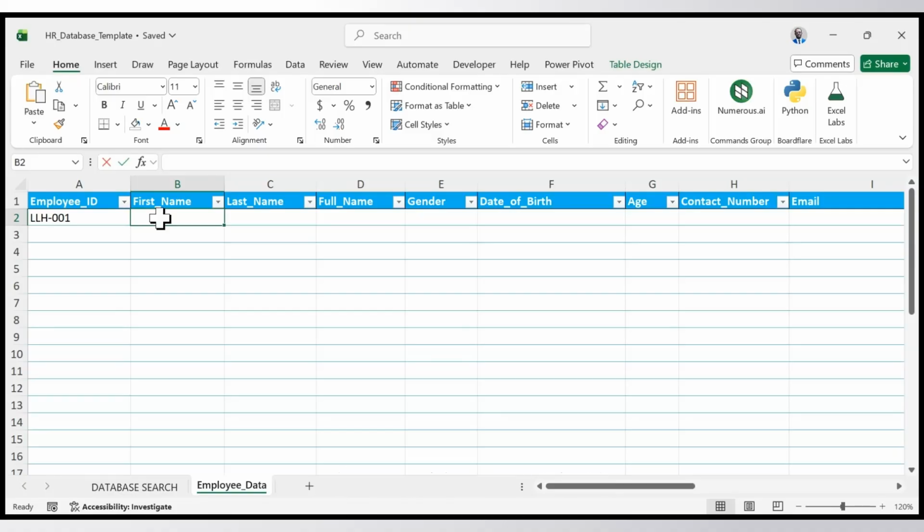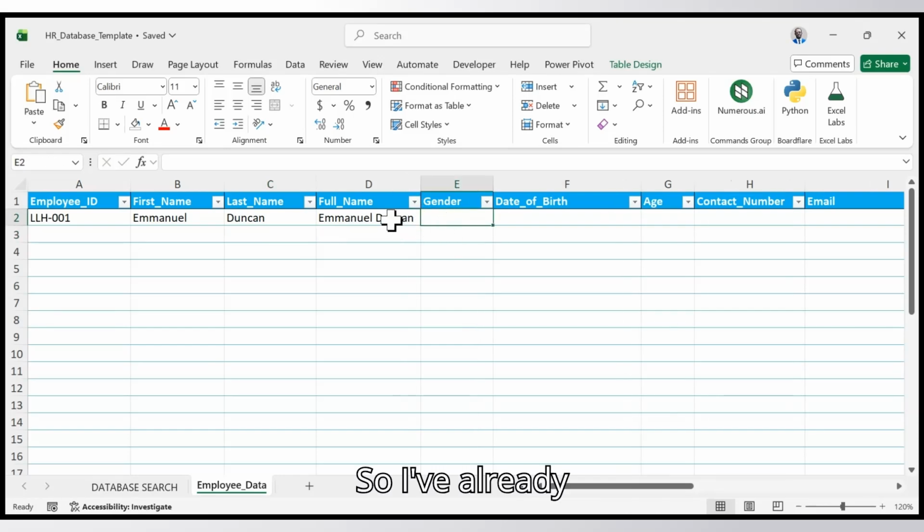The name, so I've already logged the formulas. You realize that as soon as I entered my first name and the last name, I automatically had it updated in the full name column,